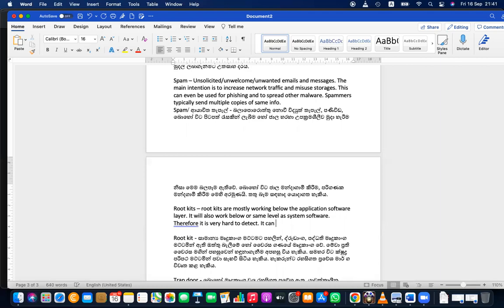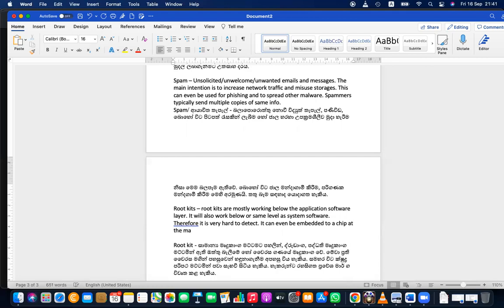It can even be embedded to a chip at the manufacturing. So these are basically used for taking advantages of business. Some people, like in US, they are afraid of using Chinese hardware, thinking that there can be rootkits planted in the hardware level.